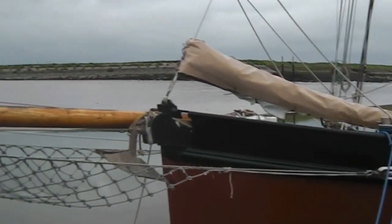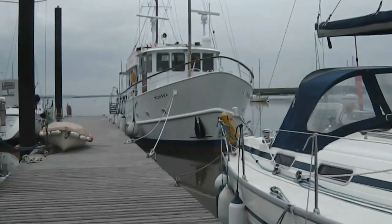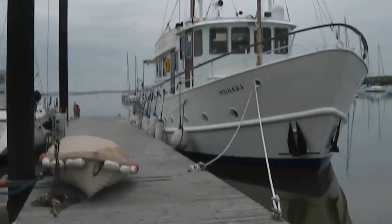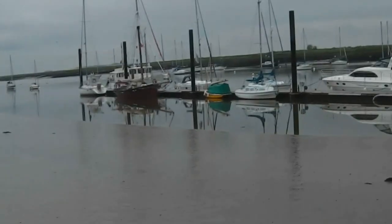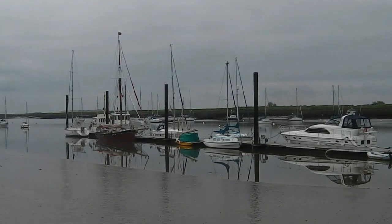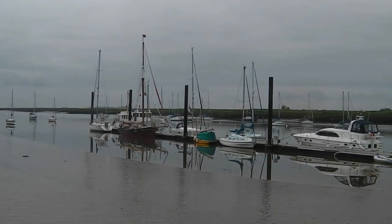Look at that for a boat. What a beauty. And as motorboats go, she isn't bad. We were lucky enough to have a write-up in Classic Boat, and it was Stephen Merrick Hughes, the news editor, who wrote it up, and he said